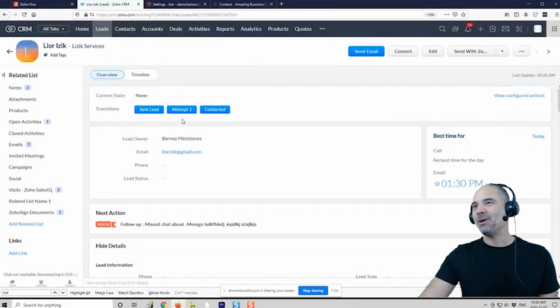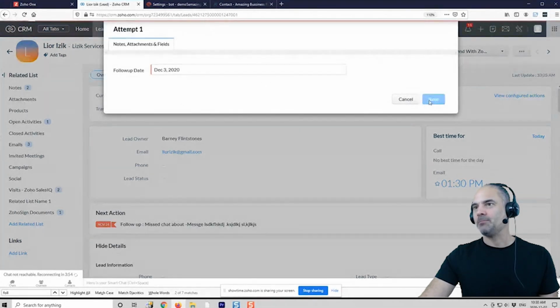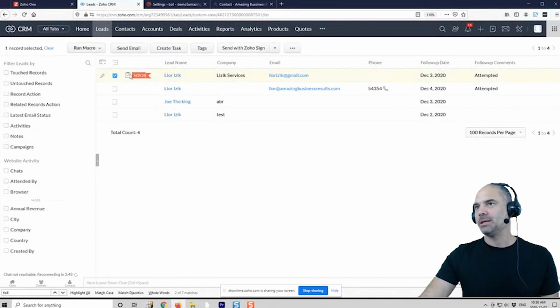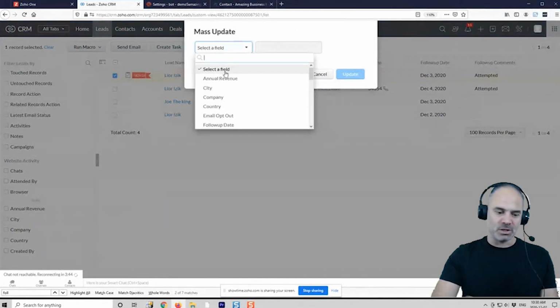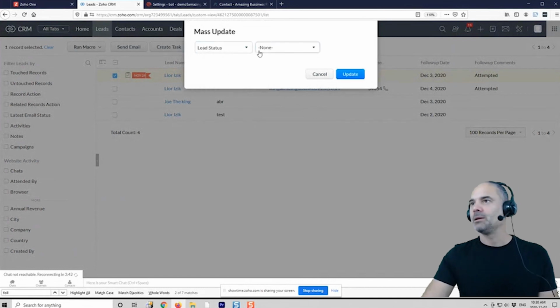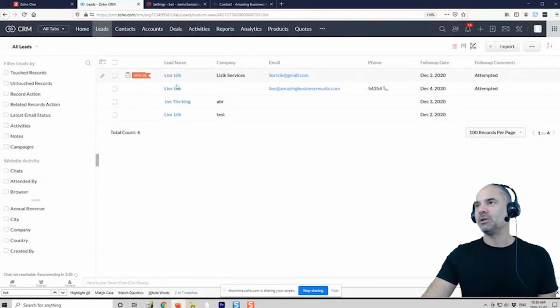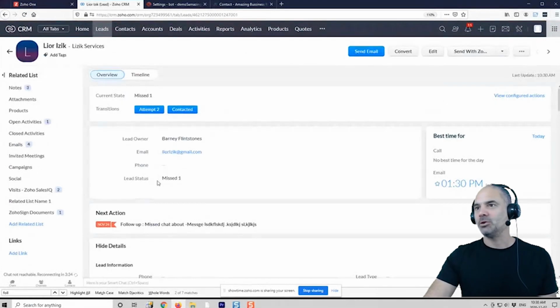So the only way to change the status is to click on those buttons. If I go to mass update and change the status to something else, it shows successfully, but it will not do it. It will stay exactly on missed one, the same way it was before.